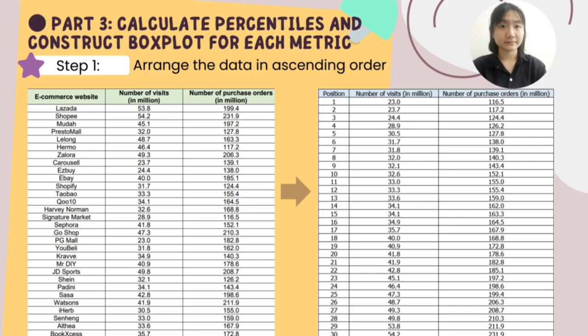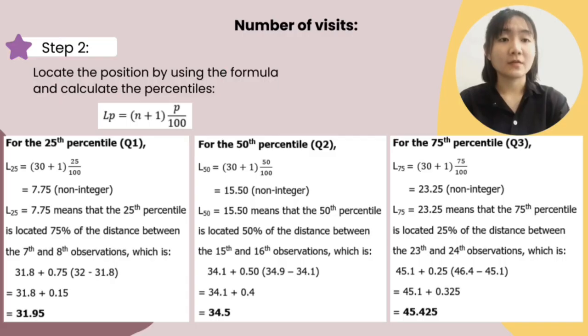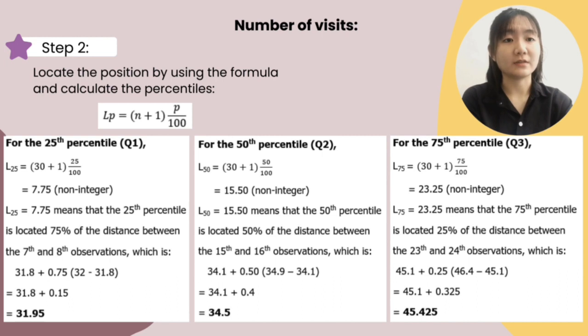Hi, my name is Lau Sui Jun with my matric number BB221102887. I'm going to continue with Part 3, which is to calculate percentiles and construct a box plot for each metric. For the first step, we need to arrange the data in ascending order to know the positions 1 to 30. First, we calculate percentiles for the number of visits. The second step is to locate the position by using the formula and calculate the percentiles. The formula is L_P equals n plus 1